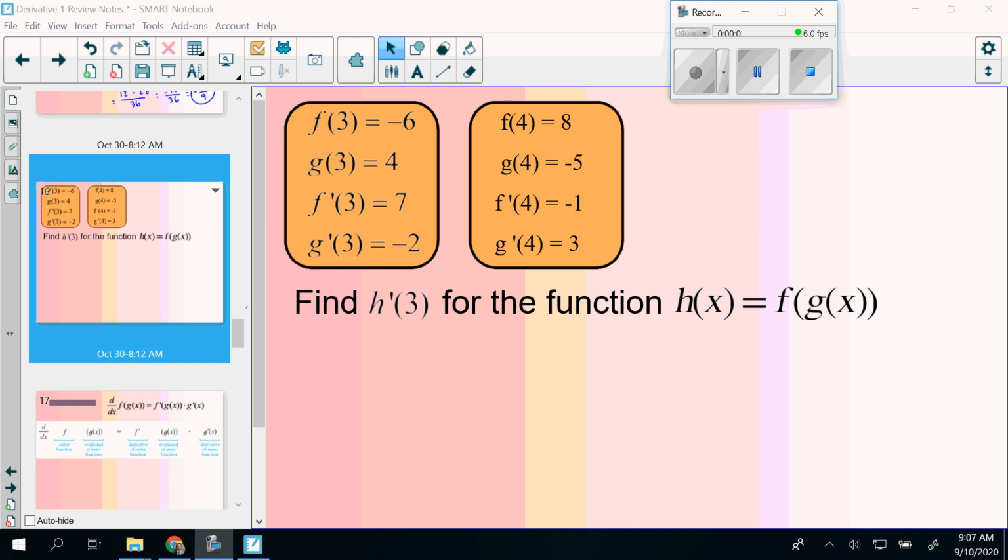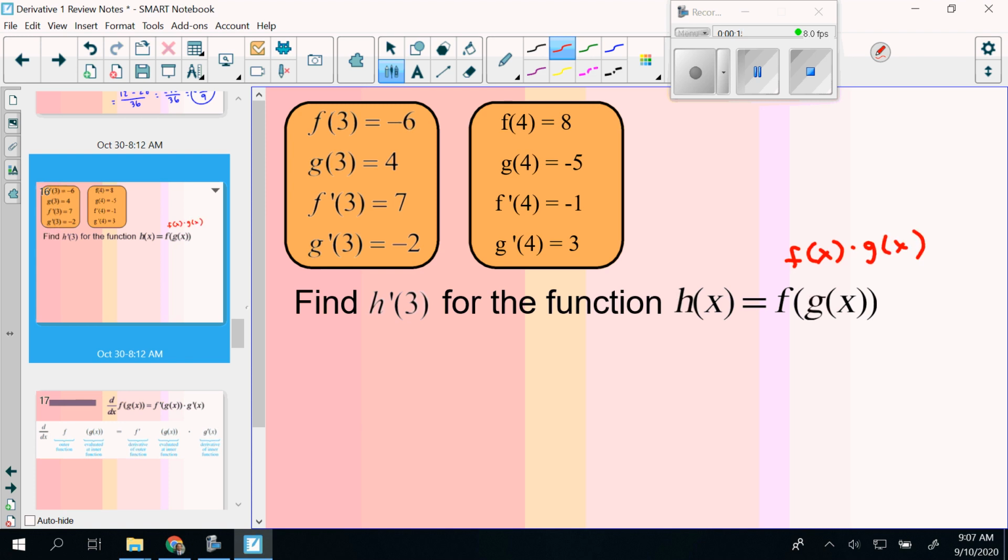All right, this problem wants us again to find a derivative. Here, though, it's not product rule. This isn't two functions being multiplied to each other. Otherwise, it would look like this. Here, function g is actually inside of function f. So when you have a function in a function, that's composition, and we need to use a different rule, and that